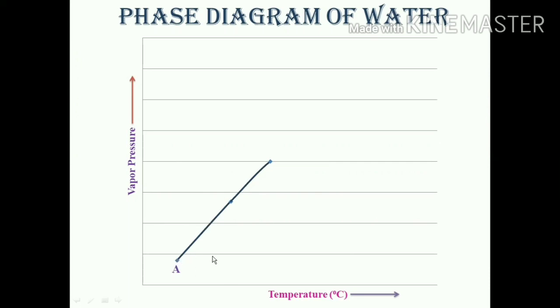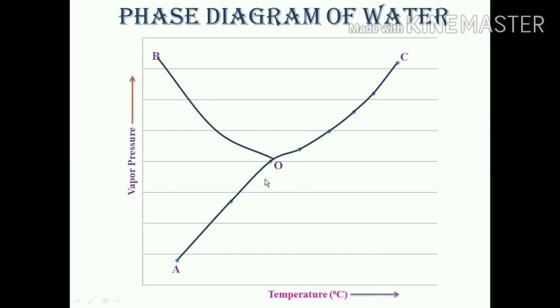So with the increase in temperature, the vapor pressure also increases up till a point O, and then further also it increases wherein we see the point C. Okay, but there is another change that is observed. There is another study which says that with the decrease in temperature, the vapor pressure increases along the curve OB.